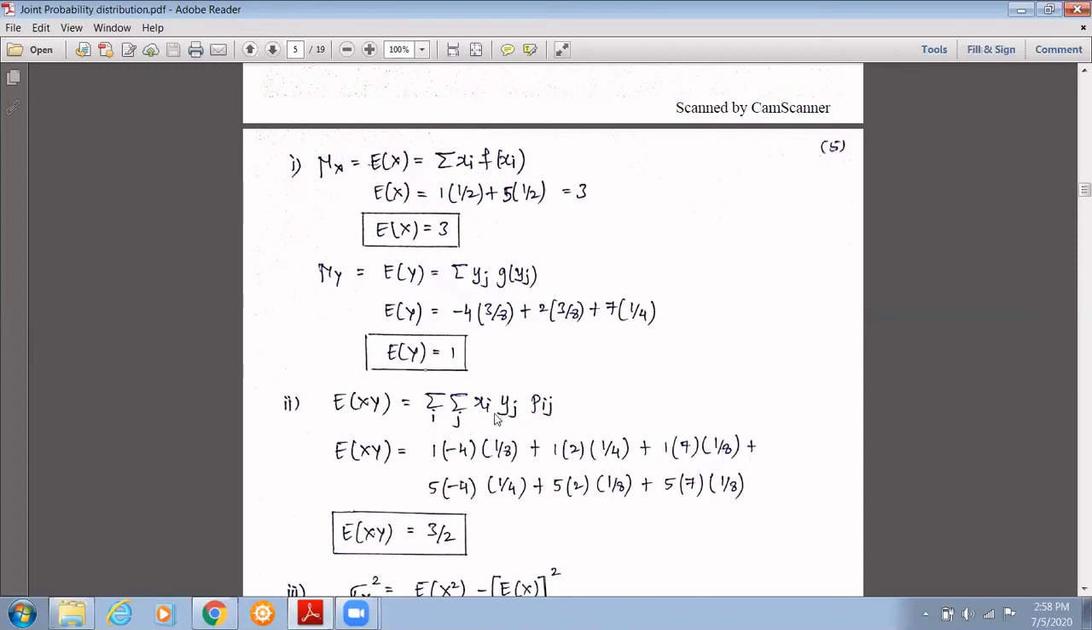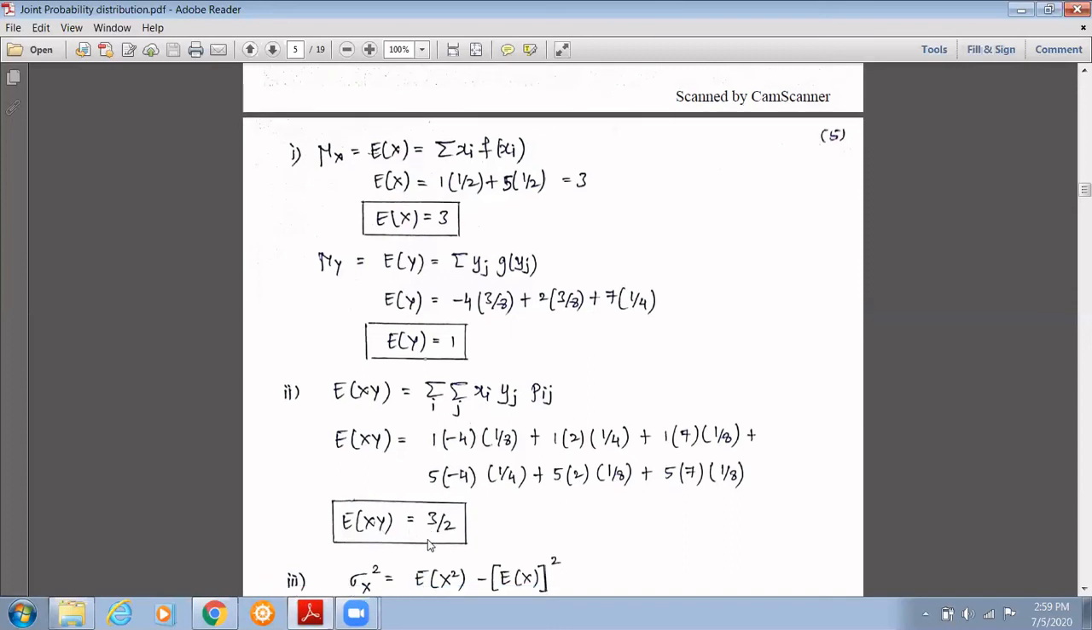Again plus, x1 is done. Next is x2. It is x2 y1 p21. x2 is 5, y1 is minus 4, p21 is 1 by 4. Next x2 y2 p22: x2 is 5, y2 is 2, p22 is 1 by 8. The next value is x2 y3 p23: x2 is 5, y3 is 7, p23 is 1 by 8. So when we simplify this, we get expectation of x into y is equal